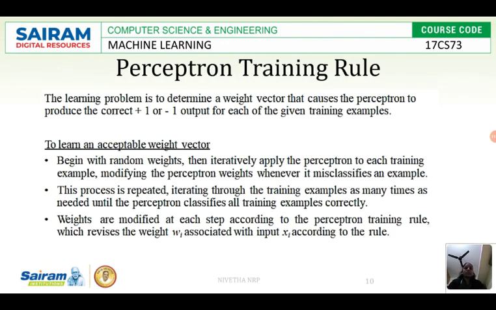So this is what the perceptron training rule is. You give an input to the machine, and on that input you apply the mathematical function. You first perform the summation function followed by the activation function, and you categorize the obtained data into either +1 or -1. You have a binary value which will be either 1 or -1. 1 represents the true condition and -1 represents the false condition. This is all about the perceptron.